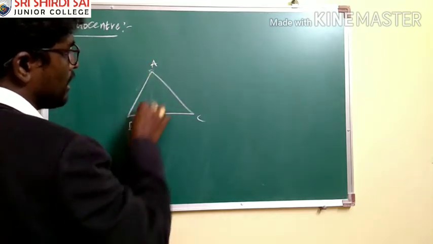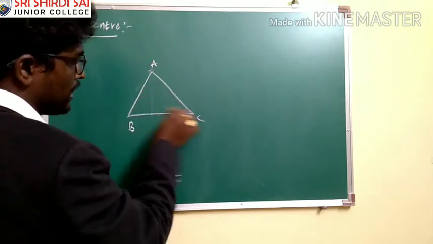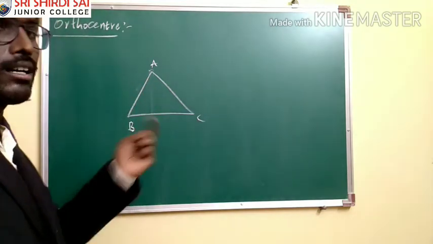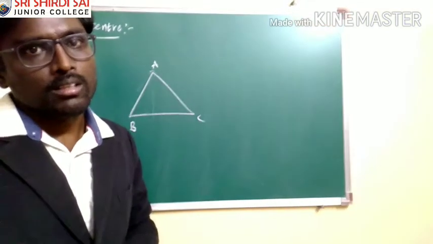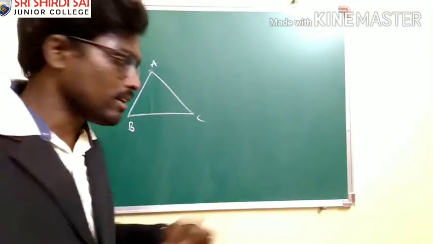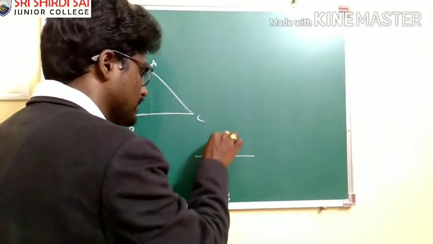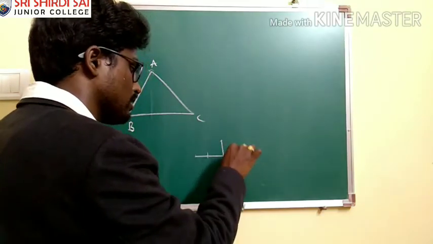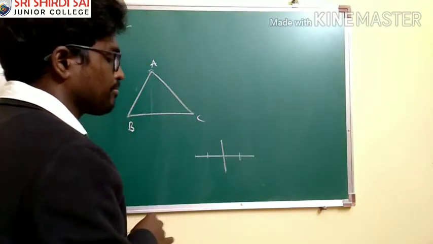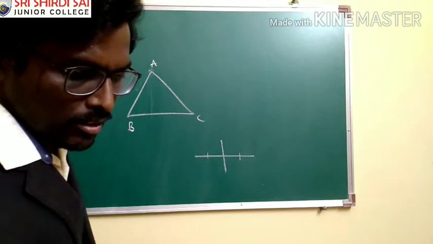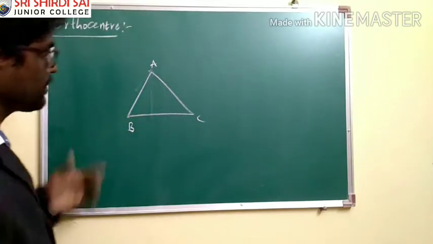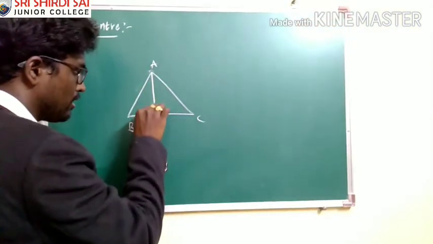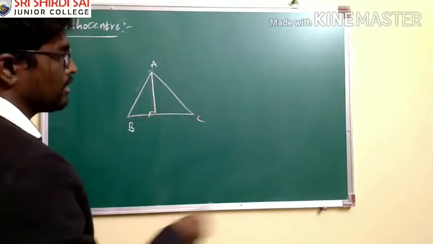We can make the altitudes from vertex A, vertex B and vertex C. Here I am talking about altitude, not perpendicular bisector. A perpendicular bisector bisects the side, that means it divides it into equal parts. Here I am talking about the altitudes from vertex A, vertex B and vertex C, which may or may not divide the opposite side in the same ratio.